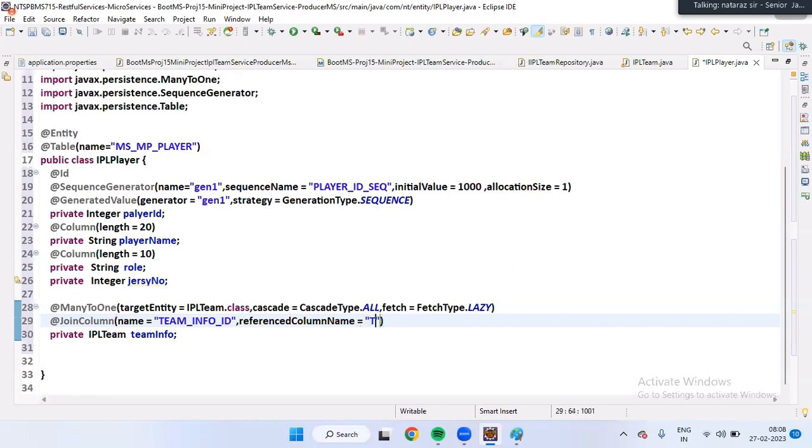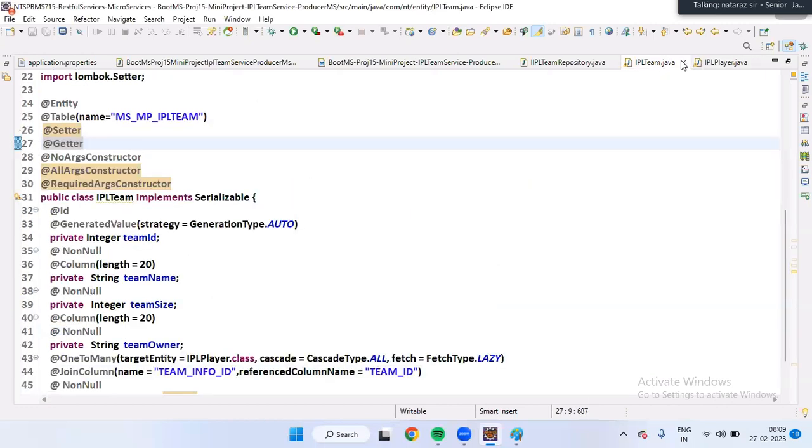Reference column name. What is this? Team underscore ID. Reference column name is team underscore ID. Okay, now listen guys. Instead of writing the same join column in both places, parent and child classes, you write it in